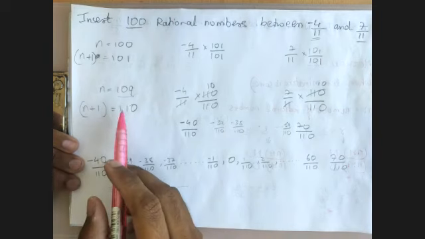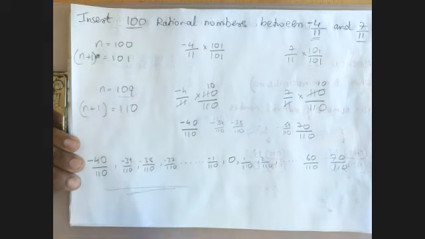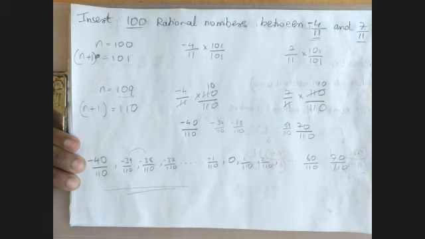So we can find more numbers also, for the sake of simplification of the problem. We still have to remember that between any 2 points, between these 2 points also, there are infinite rational numbers.